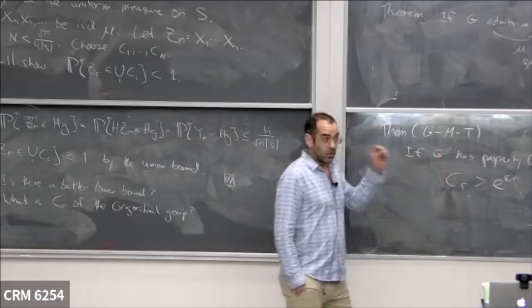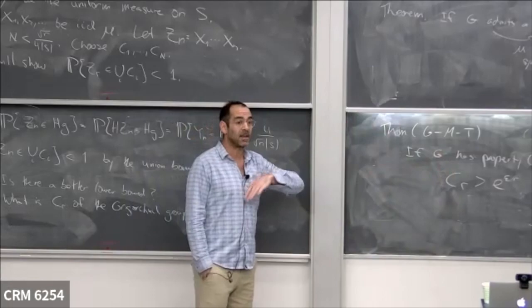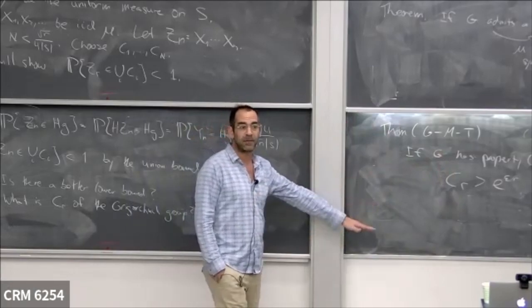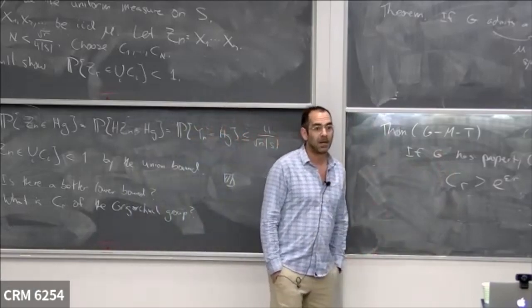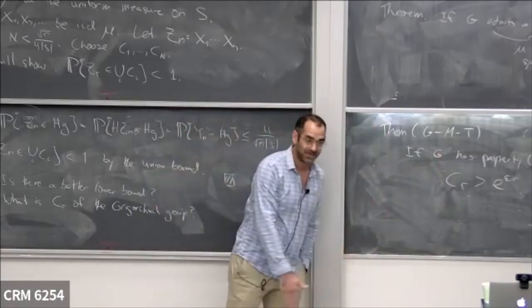This is not only about normal subgroups, right? You could ask the same question for normal subgroups. I should say that I don't know that the answer is different for anything if you take normal subgroups. In fact, I don't know that the answer is different if you take all cosets of the same subgroup, right? Because